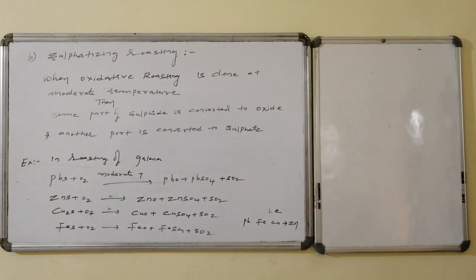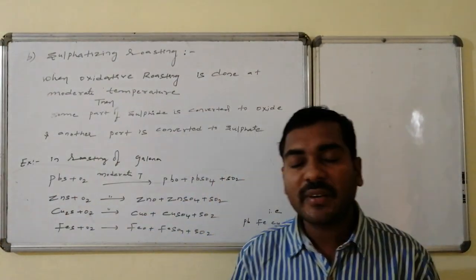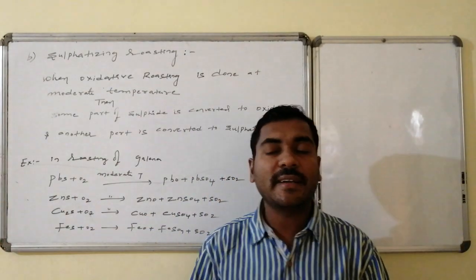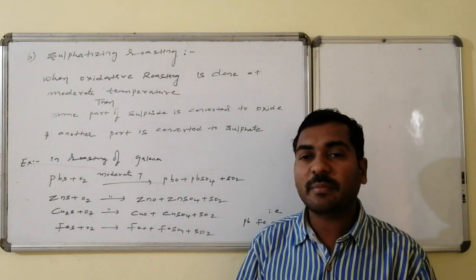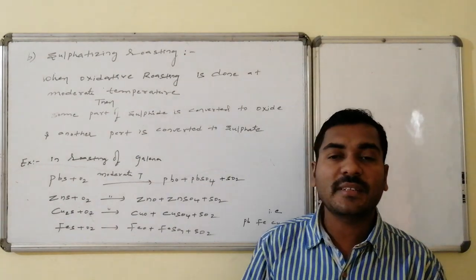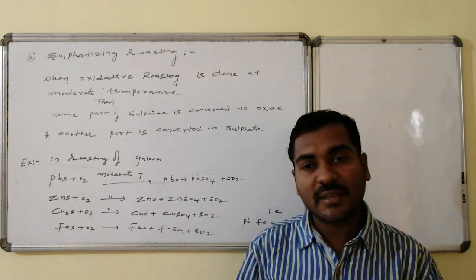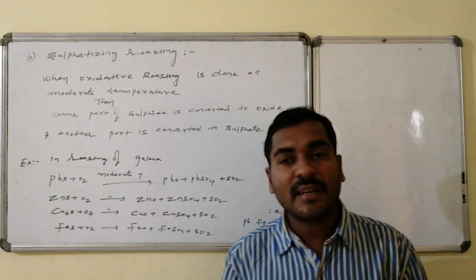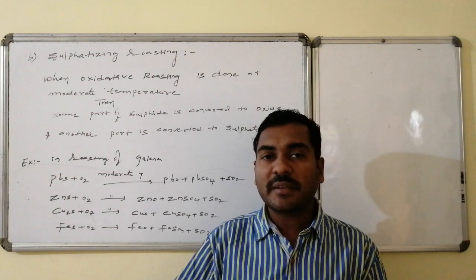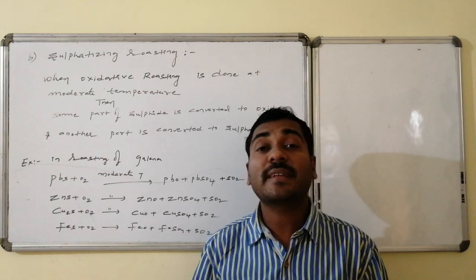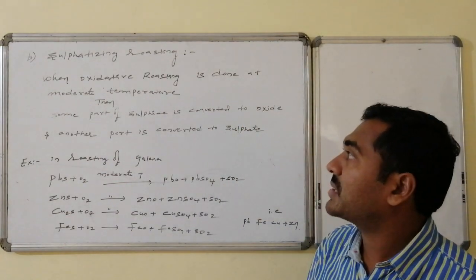Second one is sulfatizing roasting. It is a part of normal oxidative roasting, whereas oxidative roasting occurs at high temperature. If a moderate temperature is applied, under these conditions some portion of the sulfide ore undergoes oxidation to oxide followed by sulfur dioxide, and some other portion of the sulfide ore on reaction with oxygen, as the temperature is low, forms the corresponding sulfate. Such a process is said to be the sulfatization roasting process.